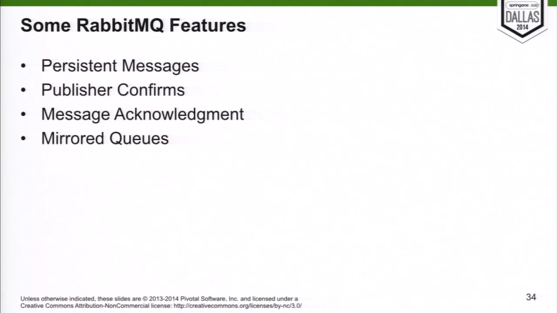Then, to sum up my part of the talk, this is what you get out of the box with Rabbit. You get persistent messages if you say so when you publish. You have publisher confirms, Rabbit telling you, I did receive your message. You have message acknowledgement. As a consumer, you tell Rabbit, I did process the message. We have mirror queues if you want to replicate data. We have message ordering. Rabbit delivers the messages in the order they came, first in, first out. Of course, if a consumer crashes, you may lose order.